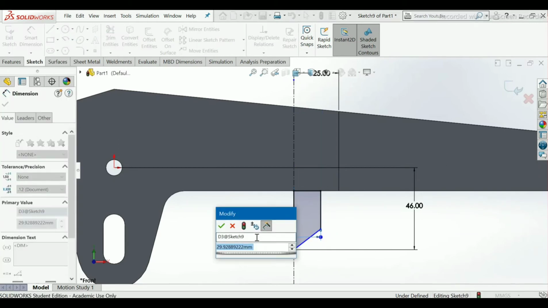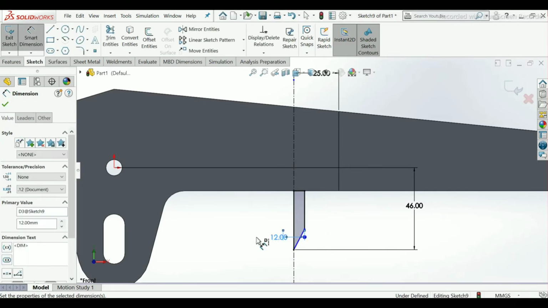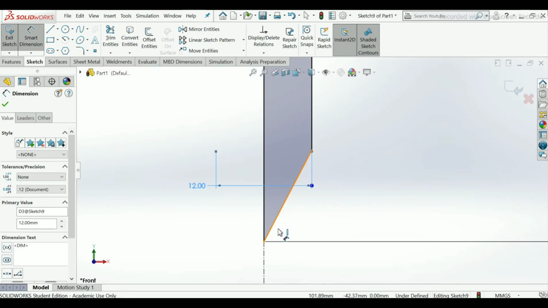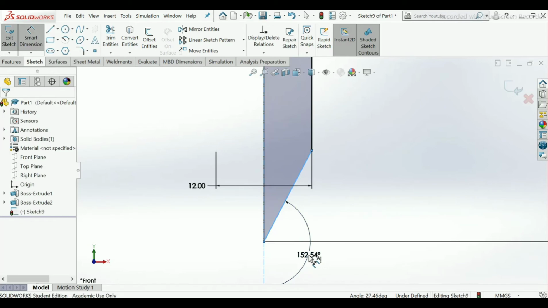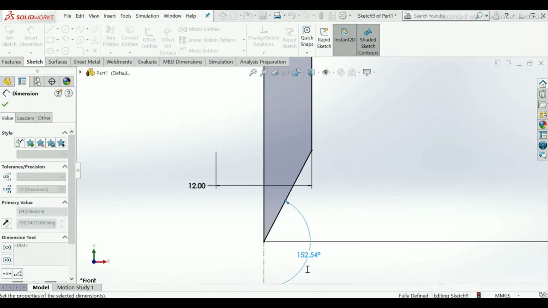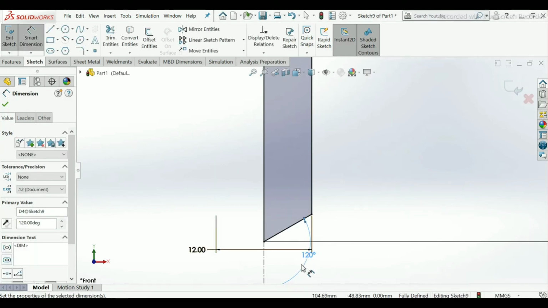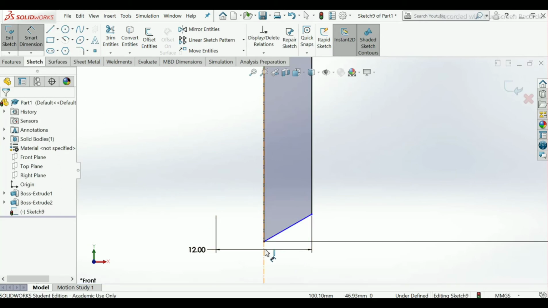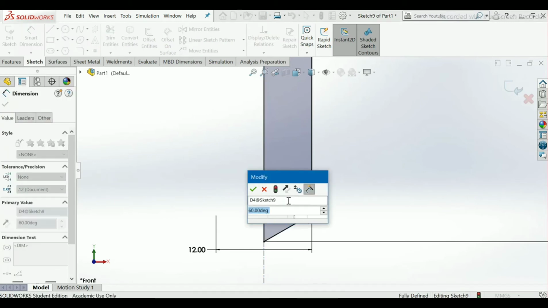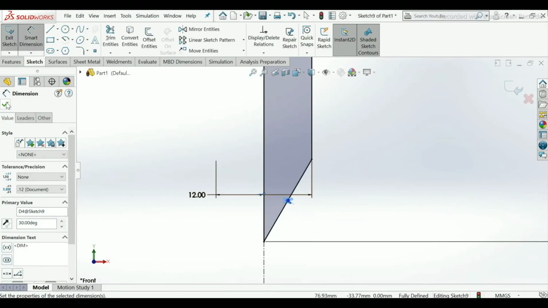The diameter will be 12 mm. Select this line and make it 120 degree. No, sorry, delete. Choose this center line and this line. Angle will be 30 degree. Okay.